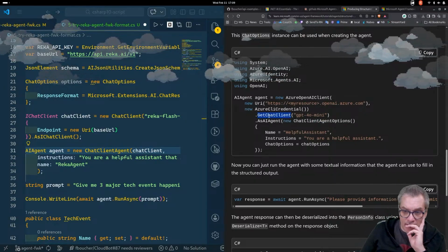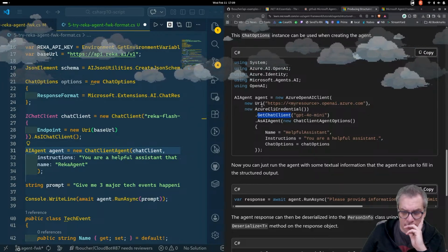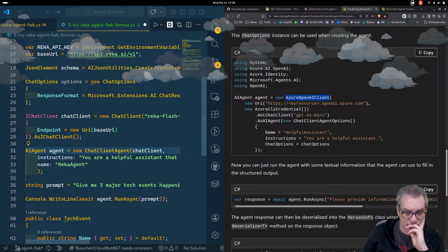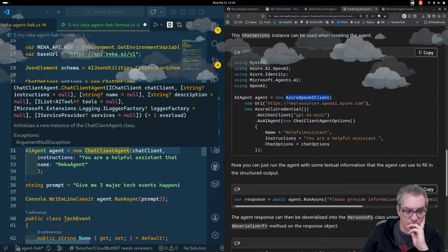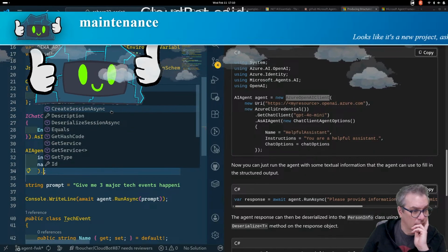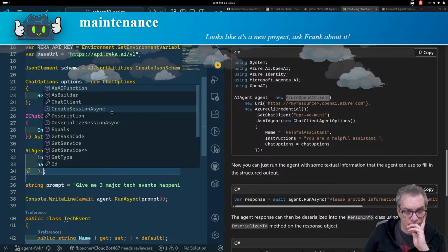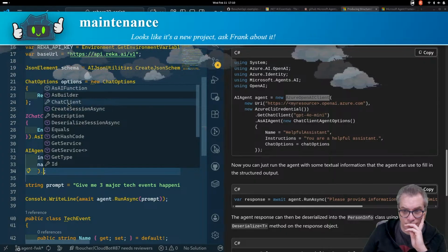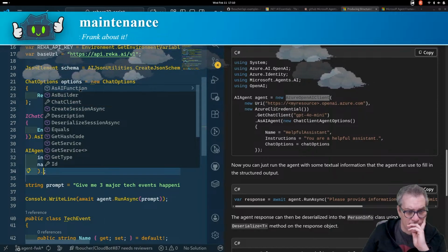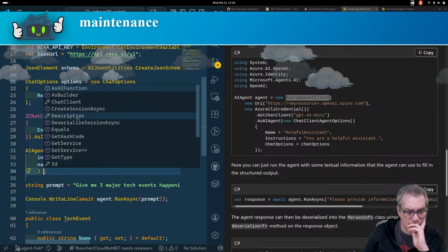Here it's like get client from this AI agent, new this. Okay, so now I do as AI agent, as AI function, as builder, chat, description.